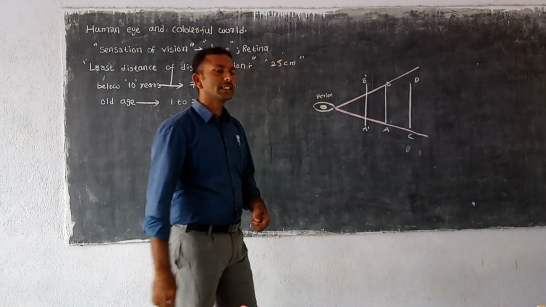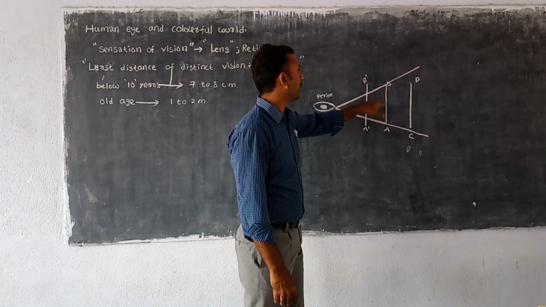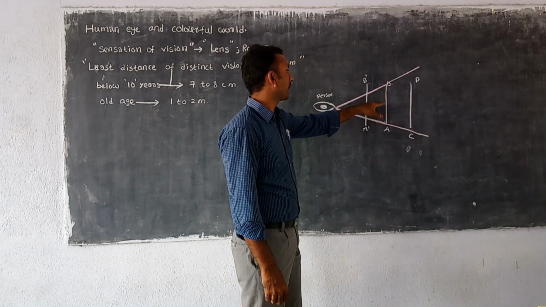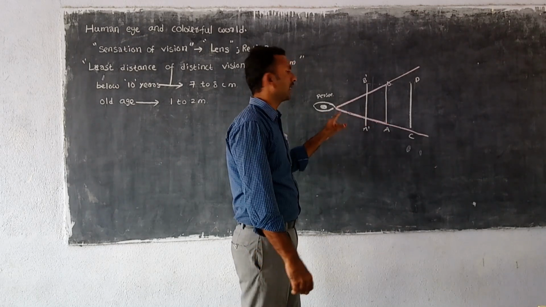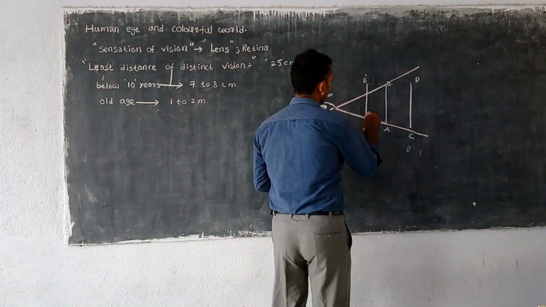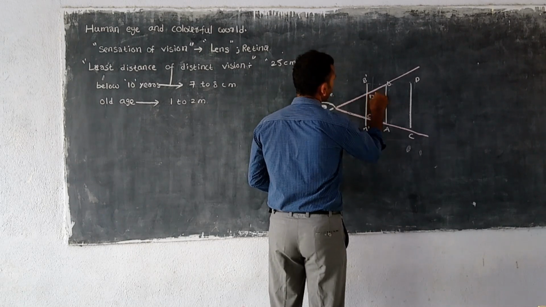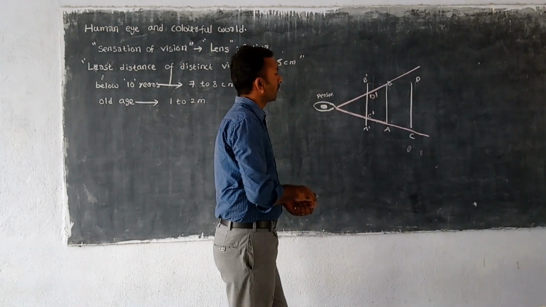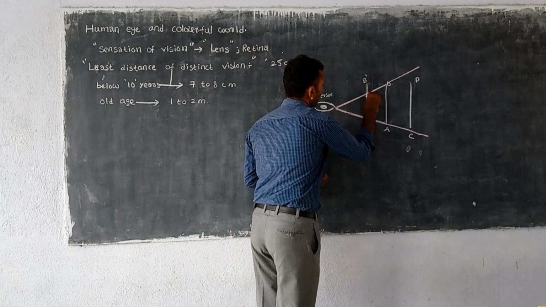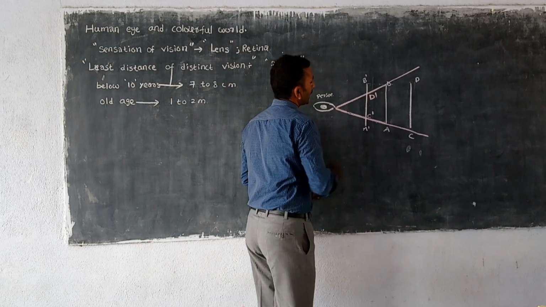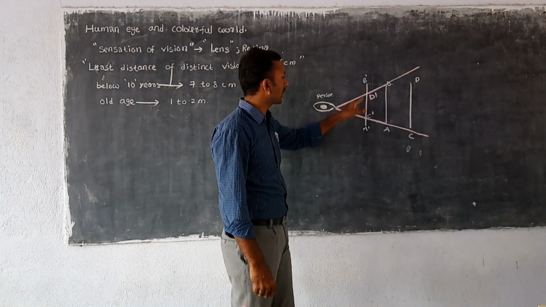In these three cases, the person is able to see the complete object, meaning here at AB, the rod's top and bottom light rays enter into the eye. That's why they are able to see the complete object. And here, at the points on the line C dash and D dash, only some part of the light rays from the rod enter into the person's eye. That's why the person is not able to see the complete rod.